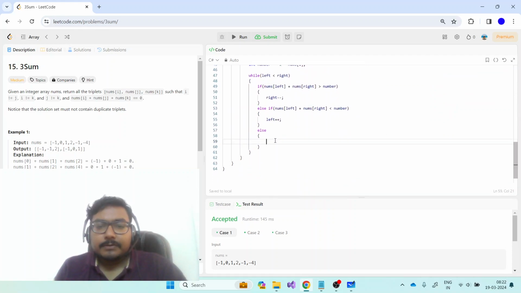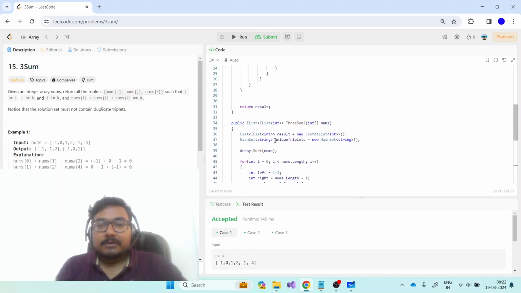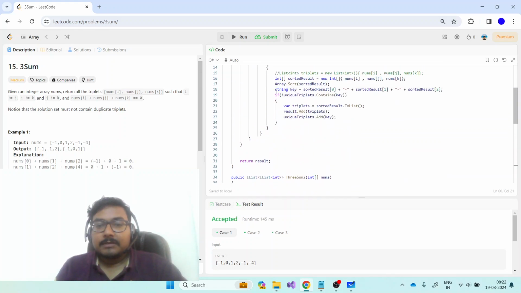So we are going to do a result: nums of I, the first one, nums of left, the second one, and nums of right, the third one. They are already sorted. We just have to check the key, that is, let's create a key